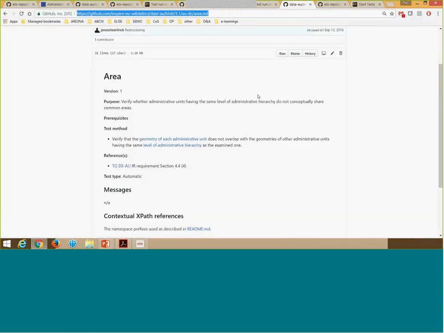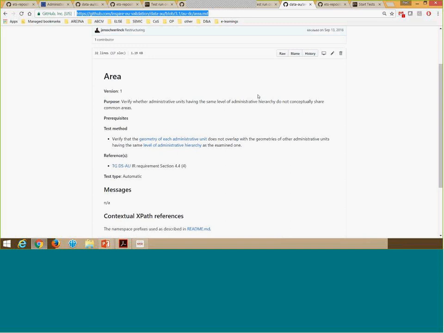Going to the GitHub repository, the test that we'd like to discuss with you today specifies that an administrative unit should not have an area overlapping with another administrative unit which has the same national level.